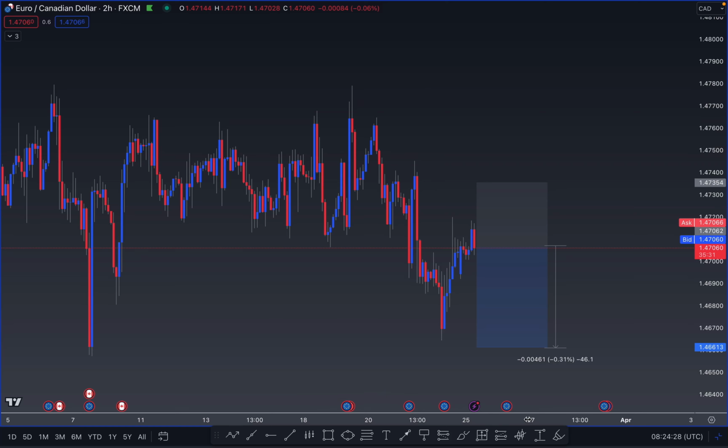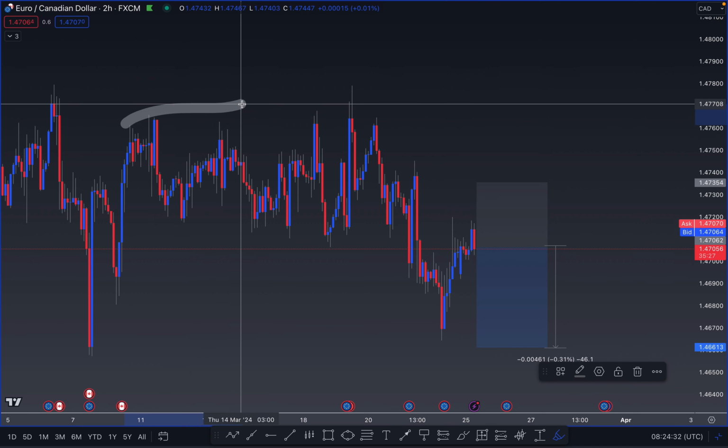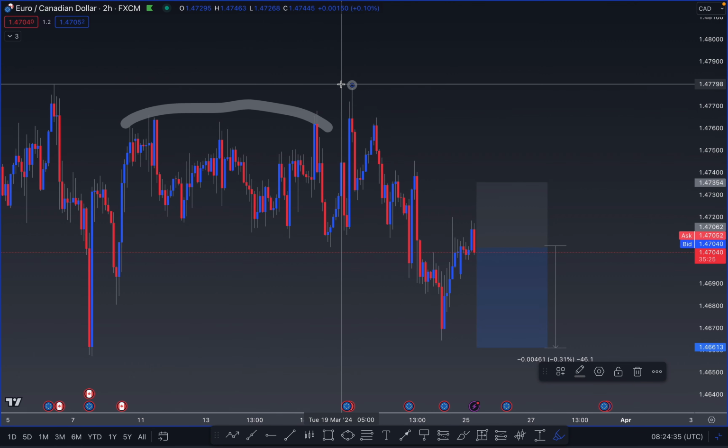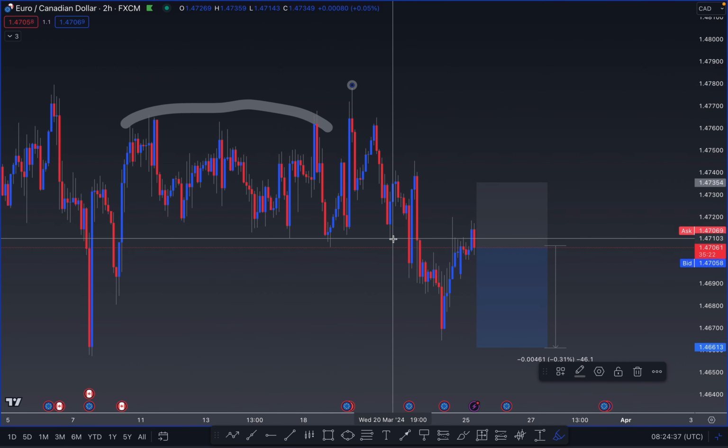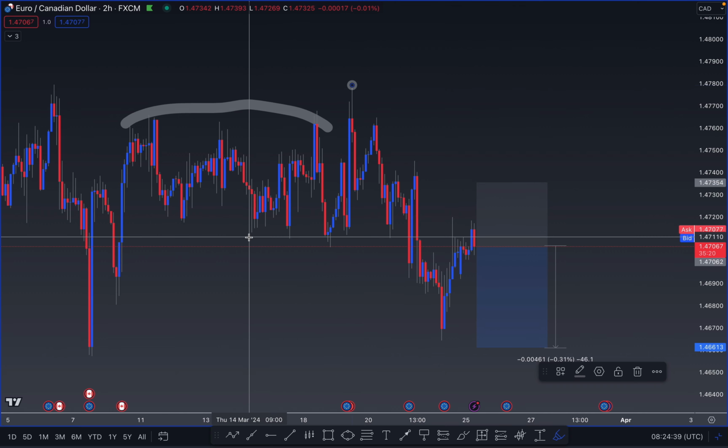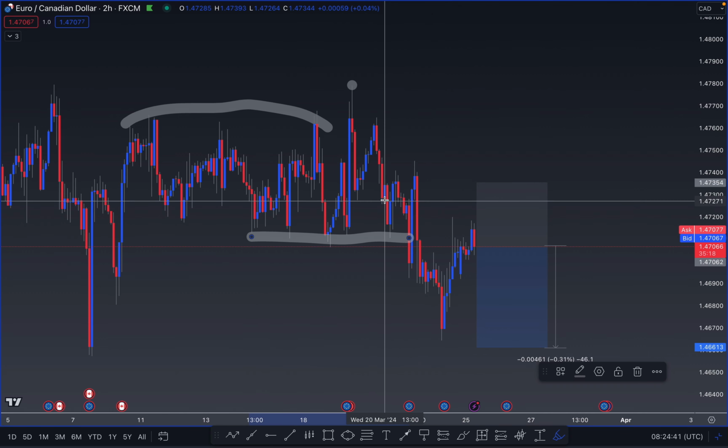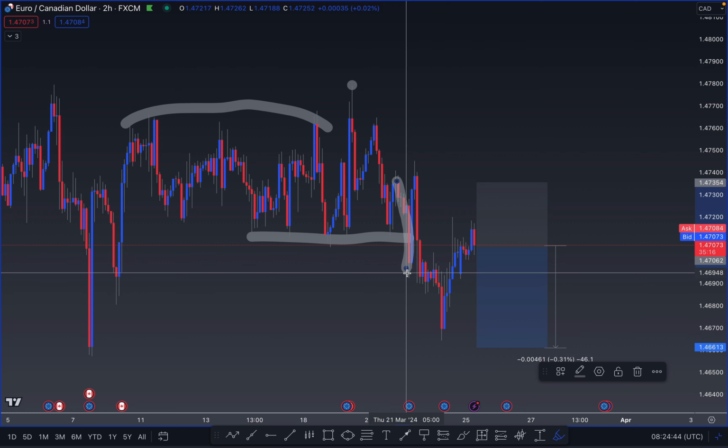As you can see what happened right there. Let me just, so where's my marker? Right here. We formed these stops, we grabbed them, and then we started pushing through to the downside right here. As we pushed through to the downside, we formed these lows, we grabbed these lows, we did a reversal through